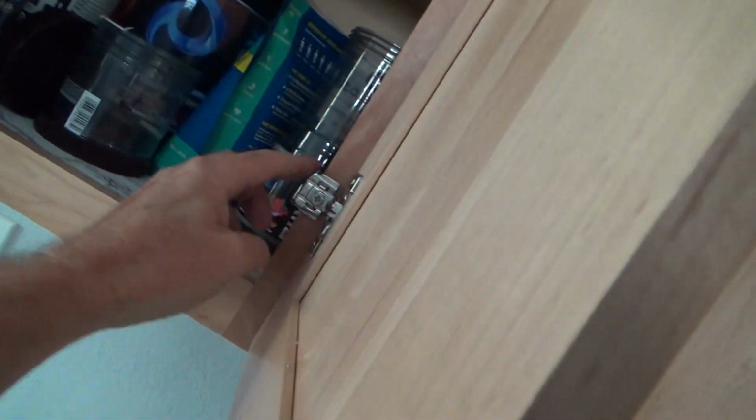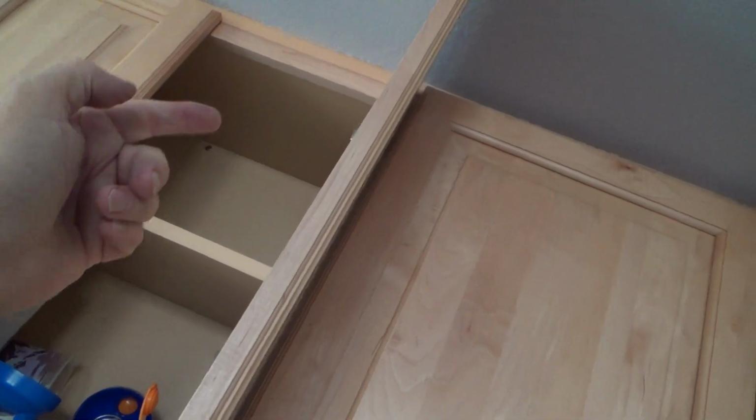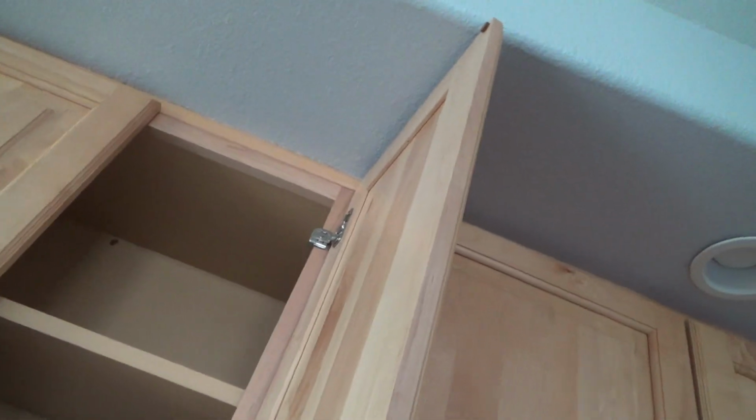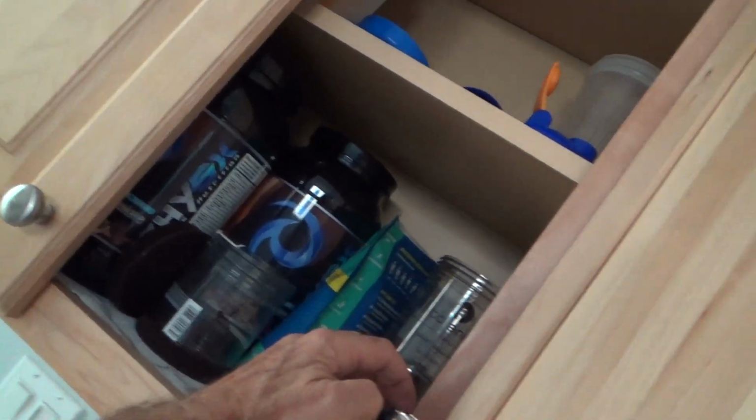I can put my whole finger in there and I can make that a little bit less, okay? So this one and that one, I'm going to end up scoring, marking it, and mortising the side of the door, the cabinet frame, okay? And I'll do that with a chisel. I have to take this back out, mark it,